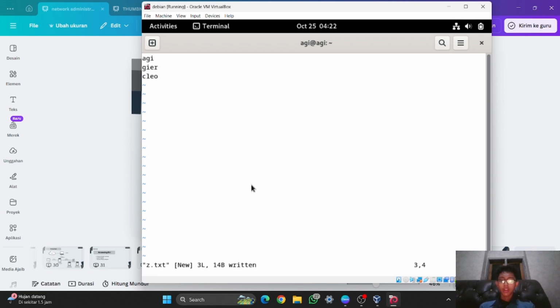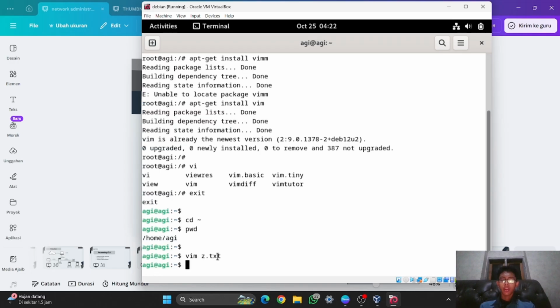So right now the text in here has been saved, and there is also colon WQ, which is after you save it, you will automatically quit, and it has been saved, and also you will automatically quit.